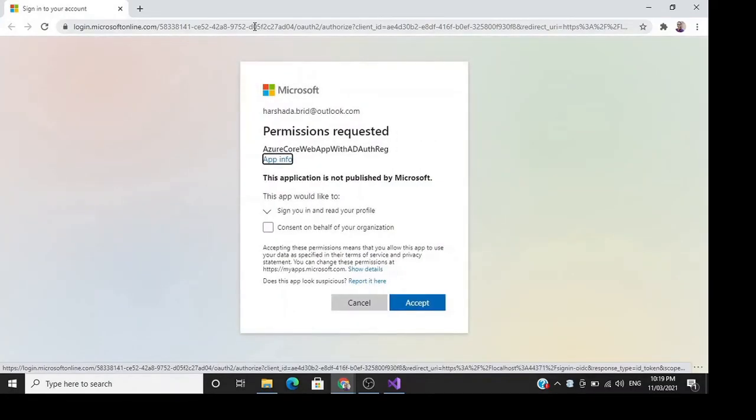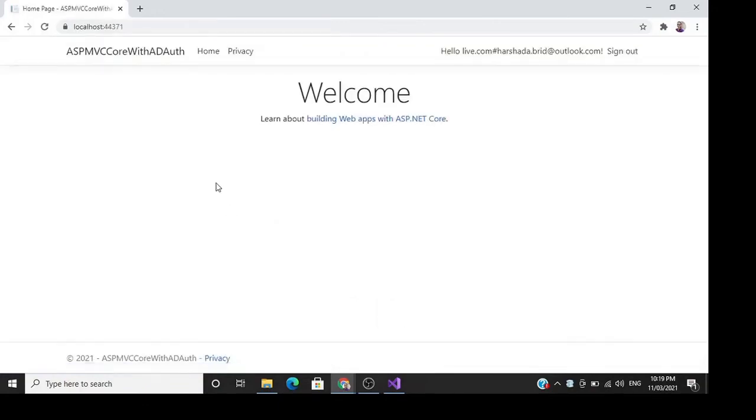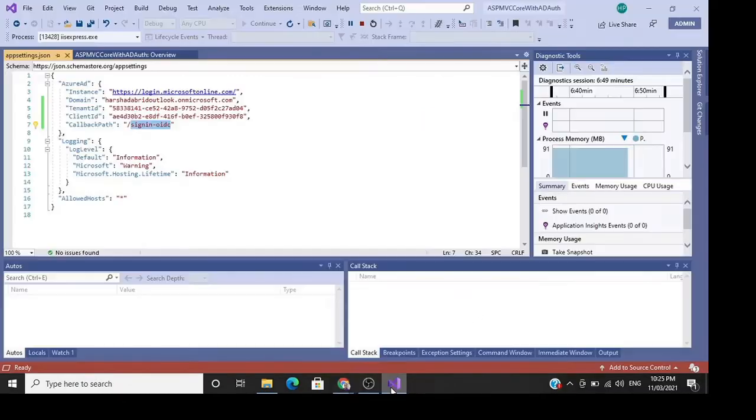Wow, we have resolved that error. Look at this, permission requested for the application, because this application is not published by Microsoft. I know this, so I'll give my consent and accept it. So here we have authenticated our web application with Azure Active Directory, and we are done. So this was with localhost.